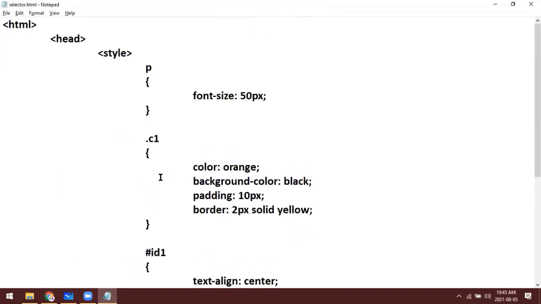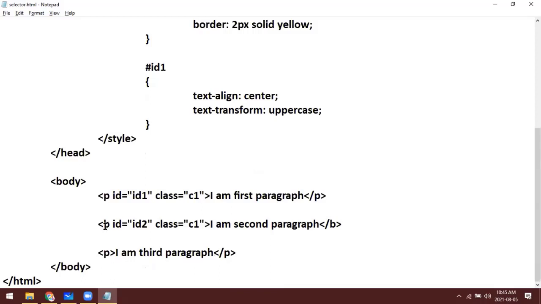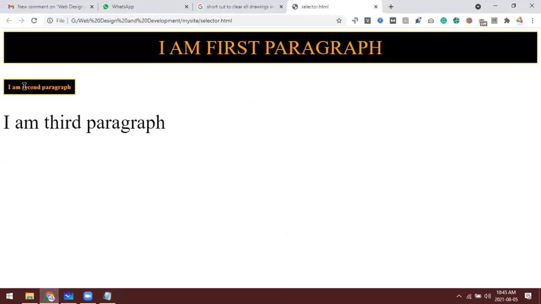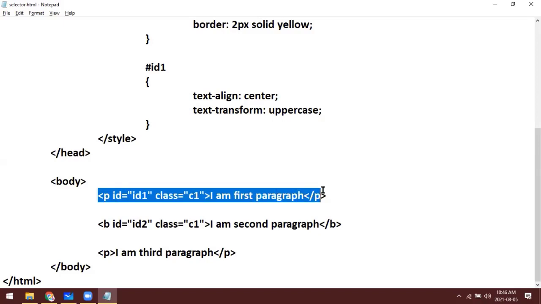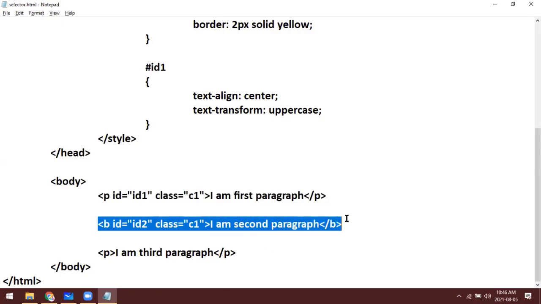The 50 pixel is only applied to paragraph. Since this is not a paragraph, this one is applied only to this one. But C1, class 1, is given for both this paragraph tag and also this bold tag.